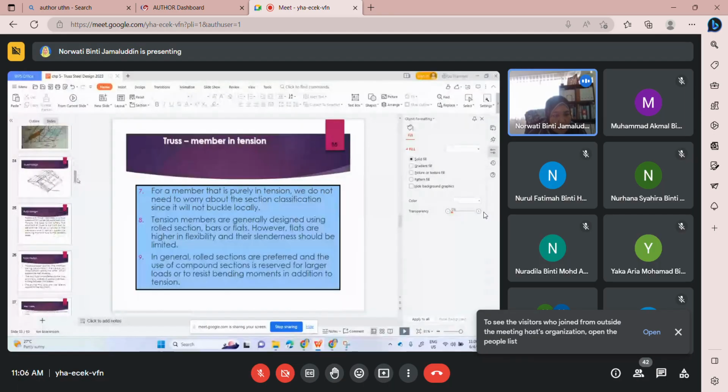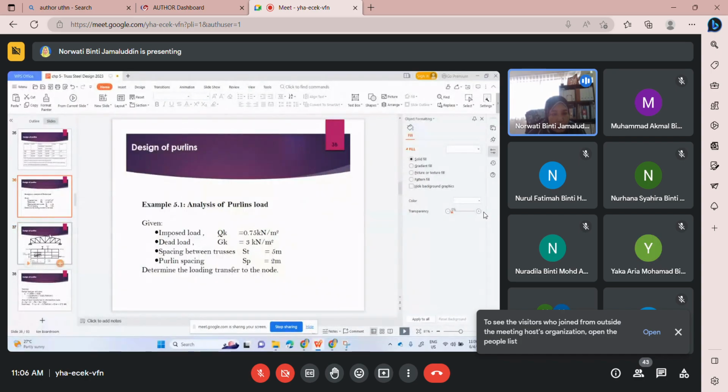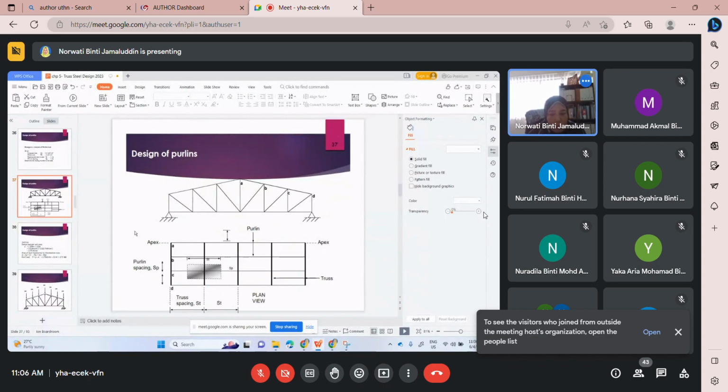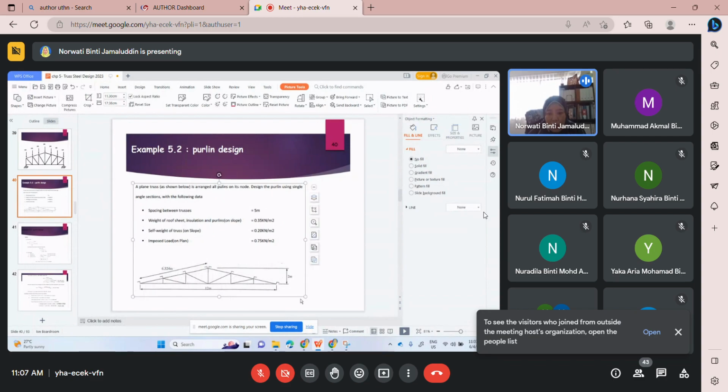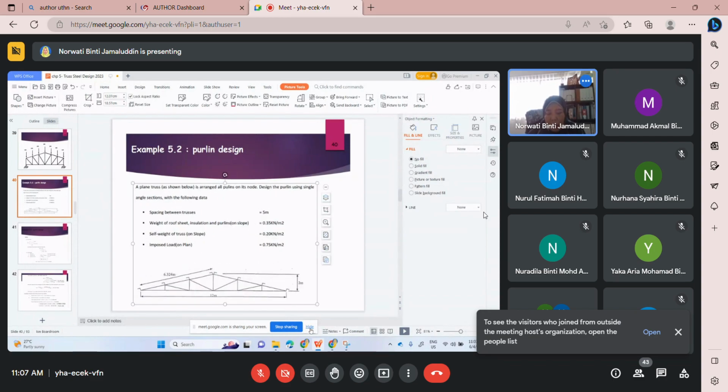Okay, yesterday we stopped at example 1. Today we try to do purlin design. Yesterday what we did was just until the stage of purlin load, the analysis for purlin load. Okay, so example 5.2. Example 5.2, you've been given a